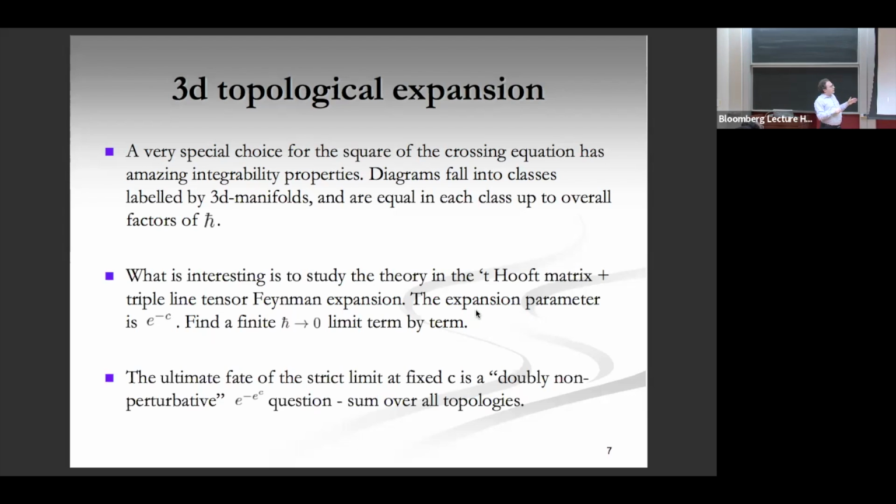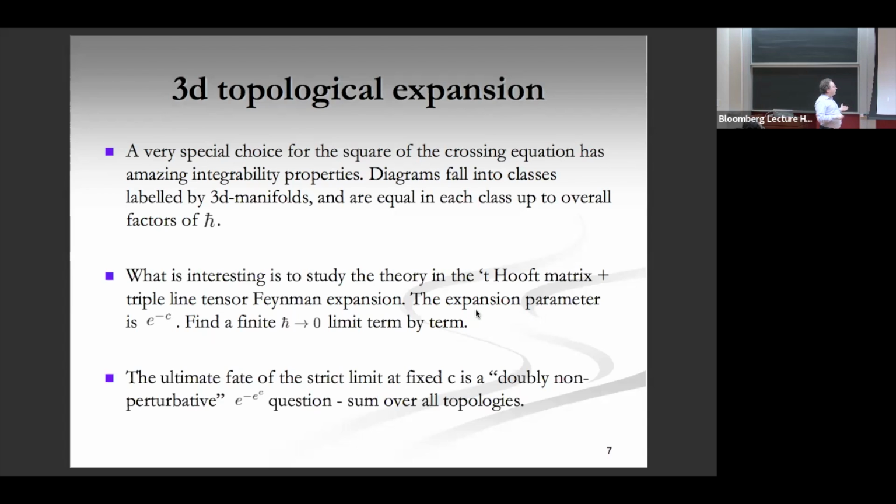But in general, a non-trivial function, each diagram will come with different powers of h bar and maybe numerical factors. That doesn't happen for matrix models. That's even more special. That's because of this integrability. So it's not only that it has a 't Hooft expansion, it has some kind of integrable expansion. So every diagram evaluates to pretty much the same thing.